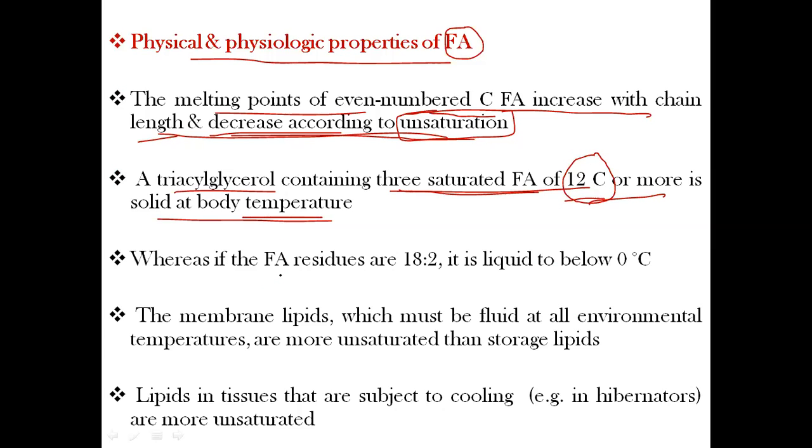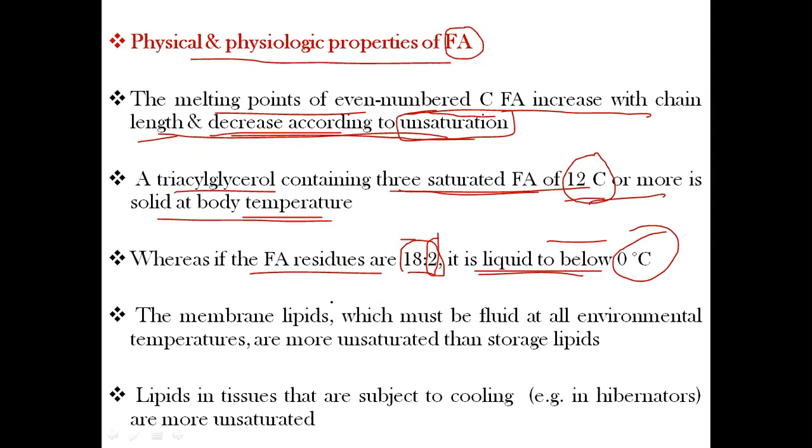Whereas if the fatty acid residues are 18:2, it is liquid even below 0, so it will be liquid. So if the fatty acid residue contains 18 carbons and 2 double bonds, it will be liquid also